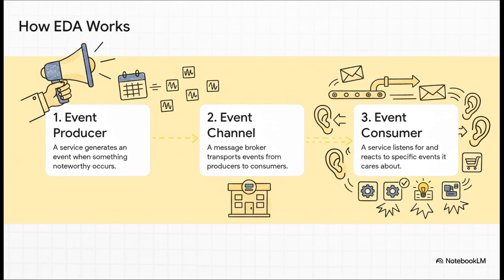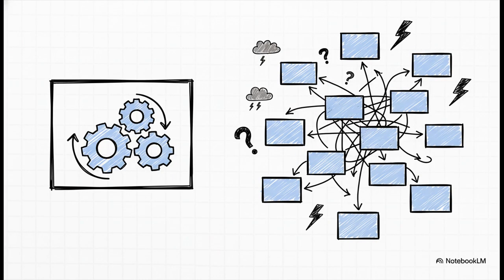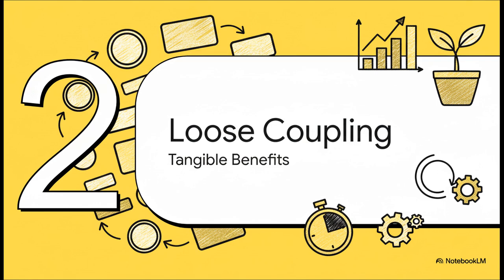That's the magic. Now, before we get too carried away, we have to talk about the big trade-off here. When you build an event-driven system, you're building a distributed system. You're moving from a simple, predictable monolith to something that's spread out with lots of moving parts. And let me tell you, distributed systems are hard. They come with a whole new class of problems and complexities that you just don't have to worry about otherwise. So, if they're so much harder, why on earth would anyone bother? Well, because the payoff is absolutely huge.